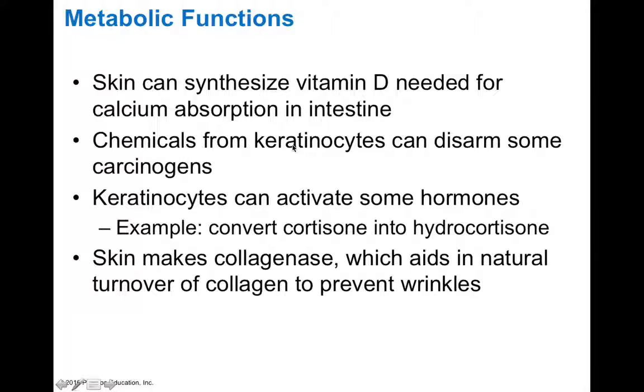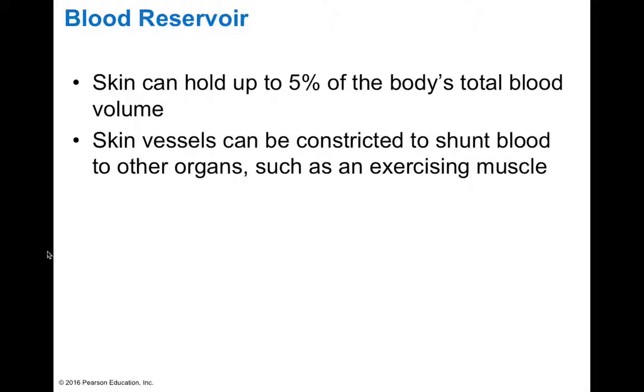We have chemicals from keratinocytes that disarm some of the carcinogens that your skin might encounter, and keratinocytes can actually activate some hormones as well, like converting cortisone to hydrocortisone. Skin makes collagenases, which aid in natural turnover of collagen, which helps to prevent wrinkles and keeps your skin healthy and well-formed. As a blood reservoir, skin can hold up to 5% of your body's total blood volume,